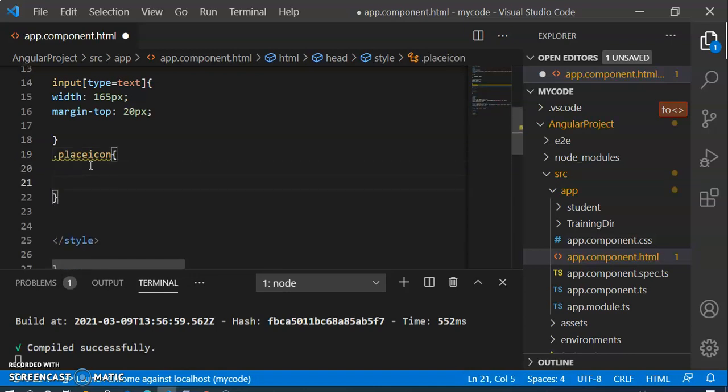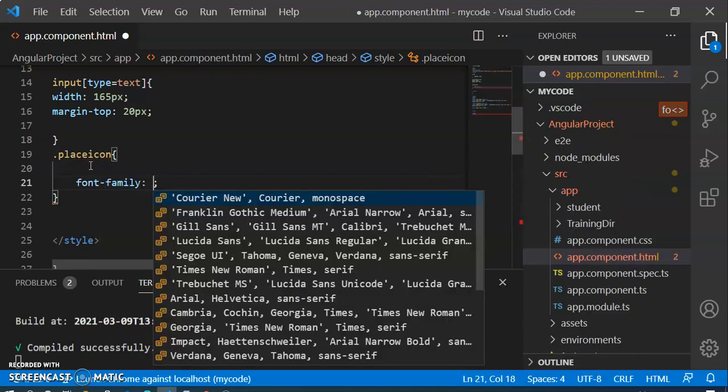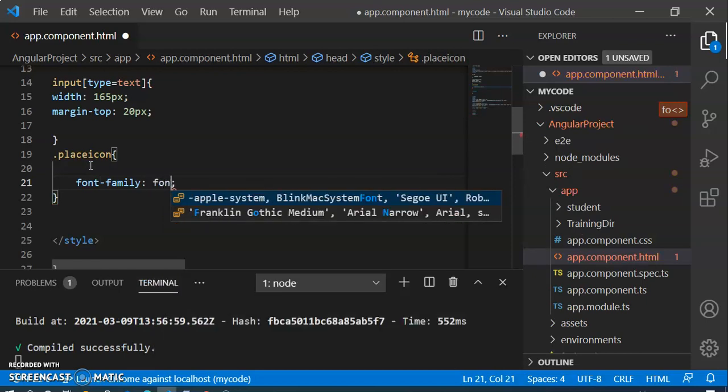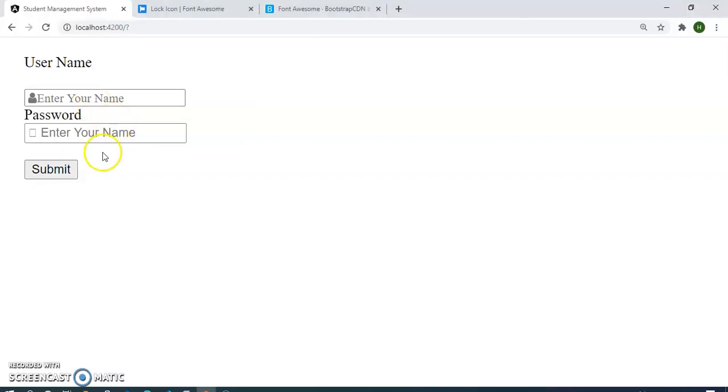After opening the curly bracket, we have to write the font family. In the font family we have to write Font Awesome. After writing here, we have to go in the Google. In the Google we will see what kind of changes are available here. Now you can see here it is showing the user.